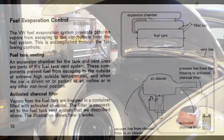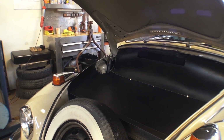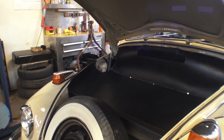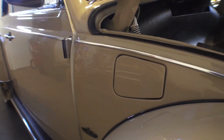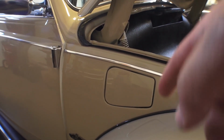But for the 70 Beetle, it's still kind of basic, but I just want to show you the main points of where you're probably getting a fuel odor problem. So from 68 on, this is where they started putting the gas door here. Now, just like I showed you on the 67, you're going to want to check that gas cap